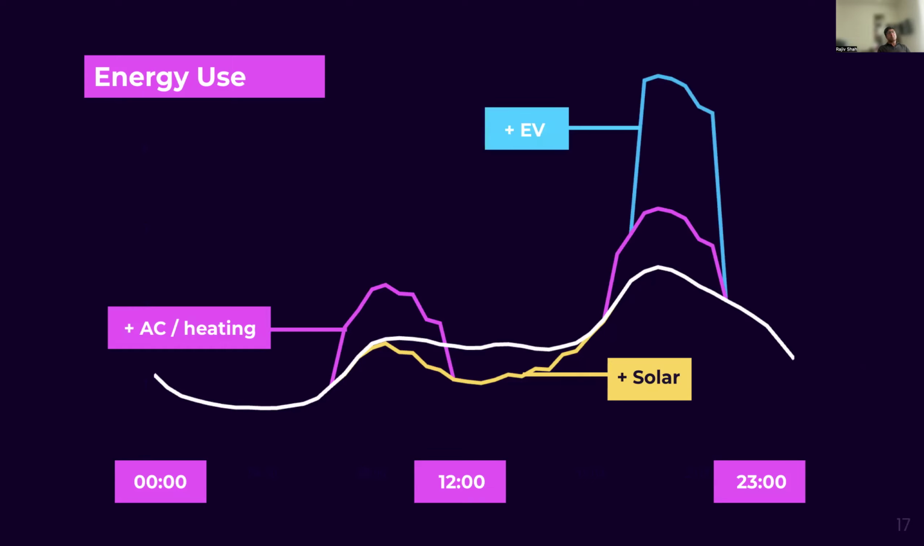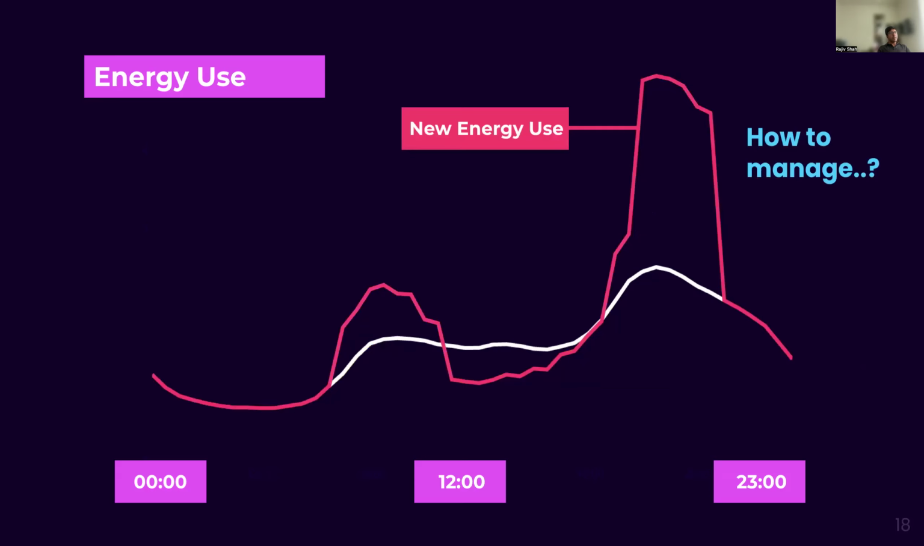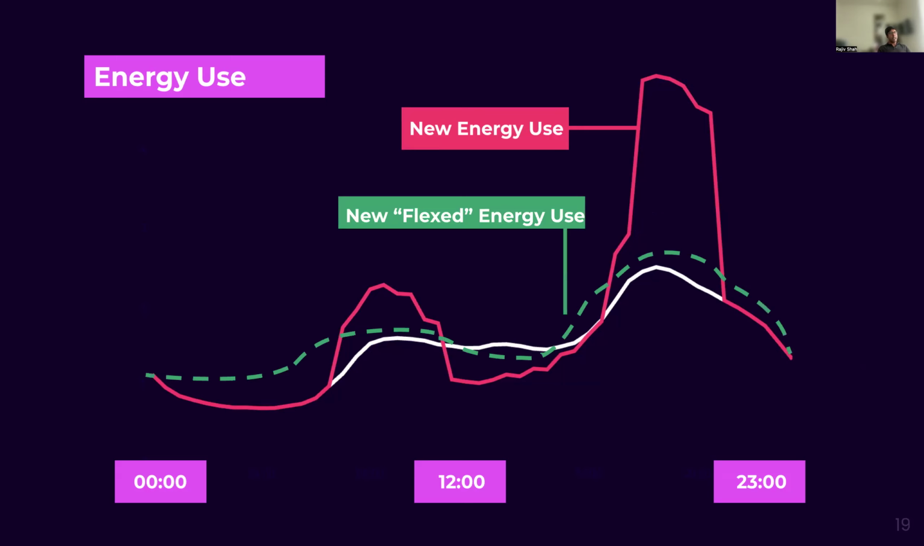You layer in EV charging and people plugging in when they get home, and now your impacts to that evening peak become even more pronounced. And so this is what the new energy use and the new load shape is going to look like with the proliferation of DERs. And the question becomes how to manage it. I'll admit, I drew this green dotted line here, but how do we arrive at some sort of new flexed energy use profile where perhaps we're